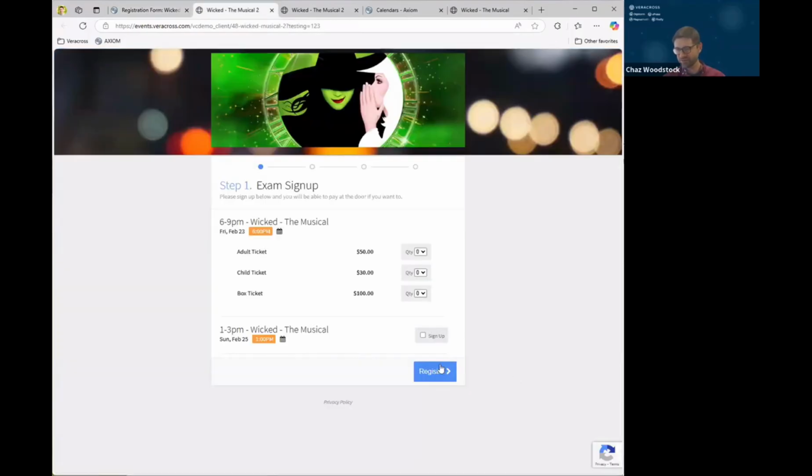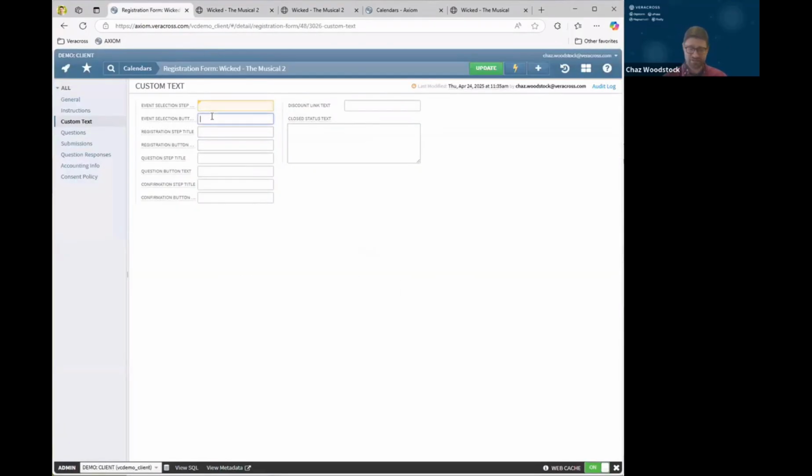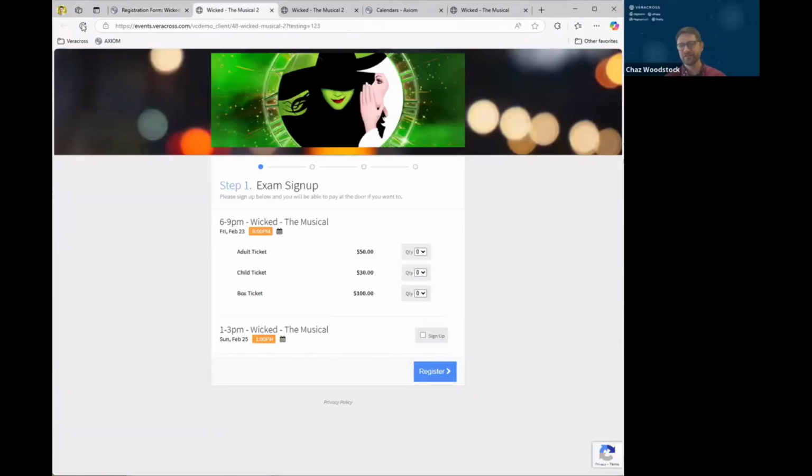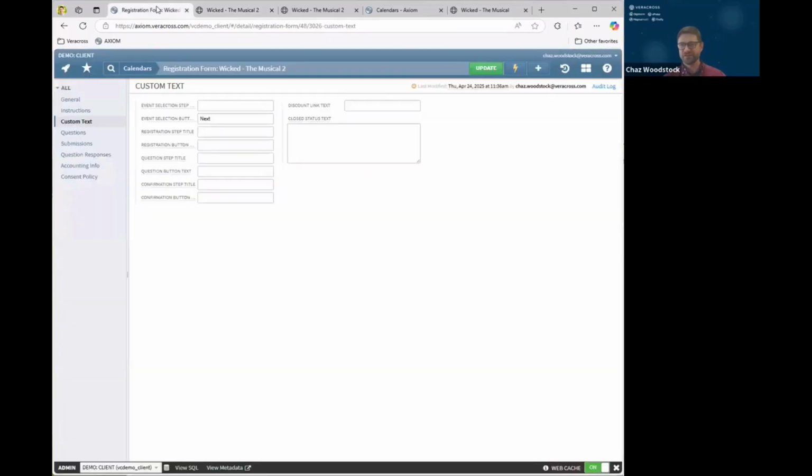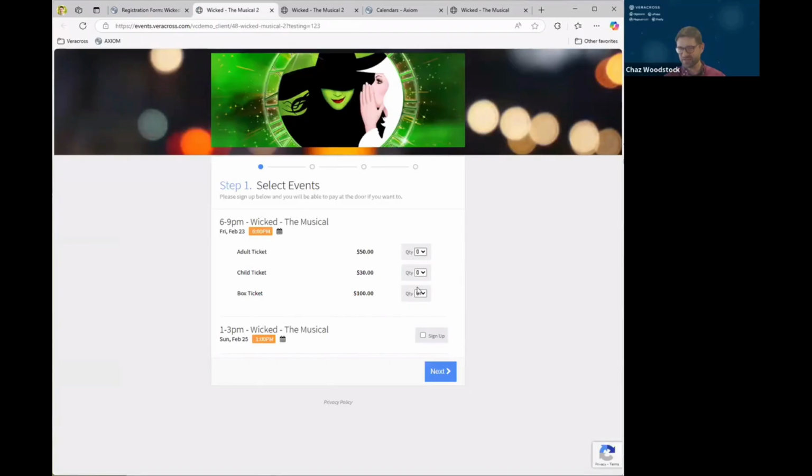Obviously, at the bottom, you also have this. If you didn't want to say "register," maybe I wanted to just say "next." So what I could do is say "next" here, put that in, refresh. You can see now it just says "next." So you have some options there for dictating the text on your event workflow. So that's what these 2 tabs are for: the custom instructions, and custom text for the buttons and headers and things like that. And you'll notice that on each of these pages, like if I go to the next page,